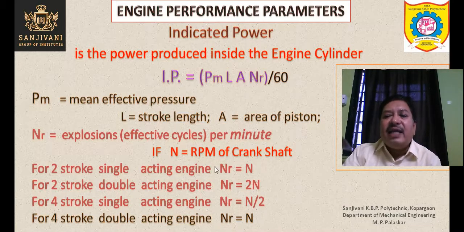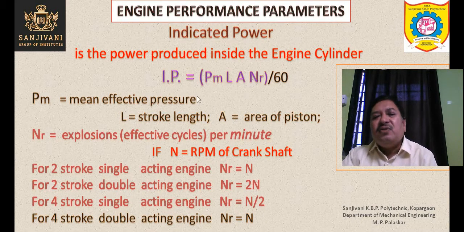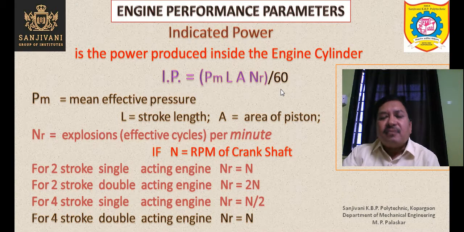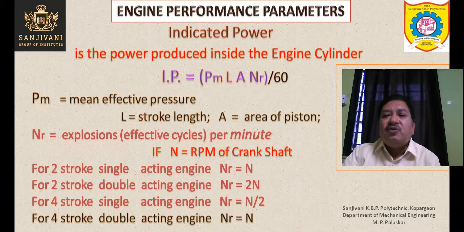So in this way we have to find the value of NR. We can't take directly NR equal to N. It depends upon the type of the engine, and it depends upon the formula how we are using, whether you are taking this NR per minute or per second. So both the cases I have shown you. So you should fix yourself to one formula so that there is no confusion in this 60 and whether NR is equal to 2N or N by 2 or NR is equal to N. There should be no confusion. So you should get clarified all these things on your own.